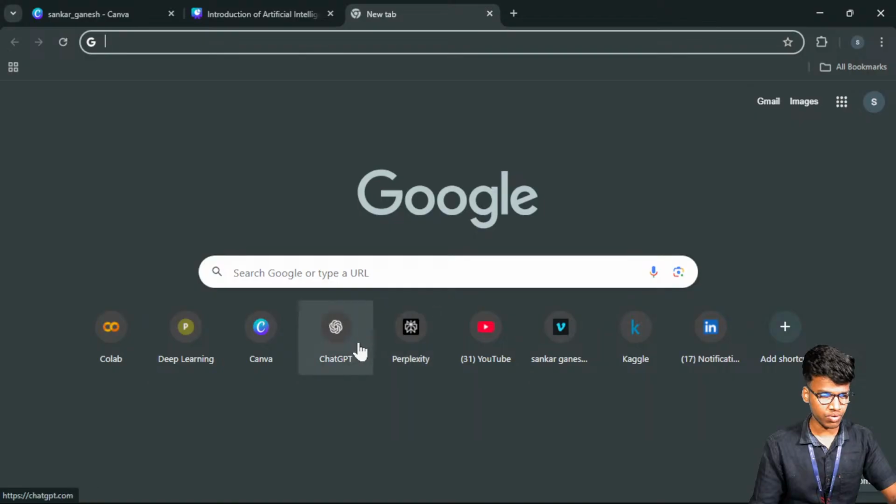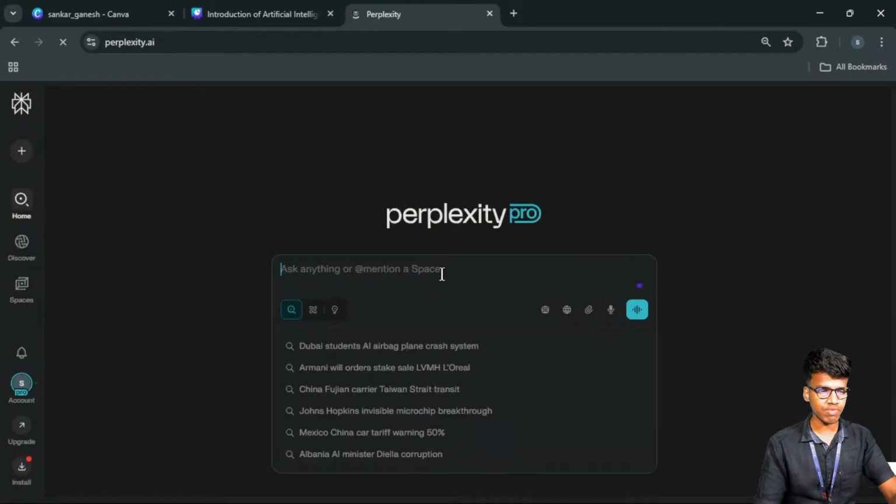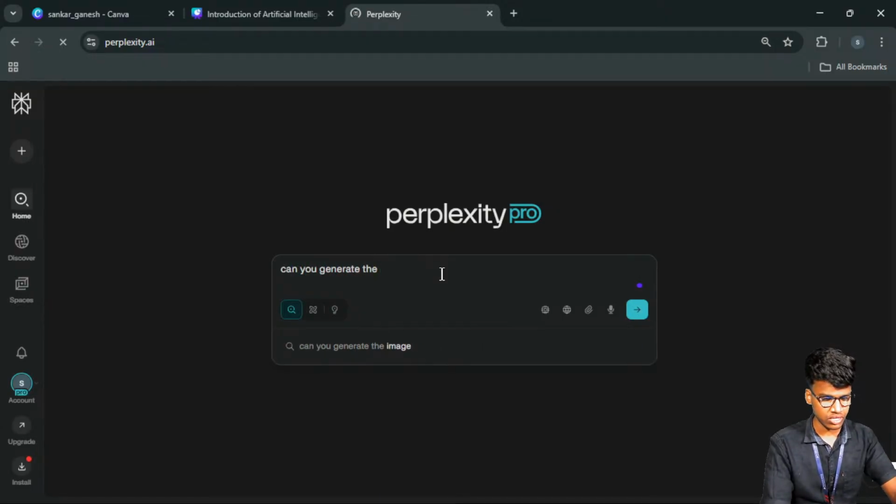So now we can see. Okay, I go with Perplexity AI. Here I give a prompt: can you generate the image, generate the image like a dog playing in the terrace.